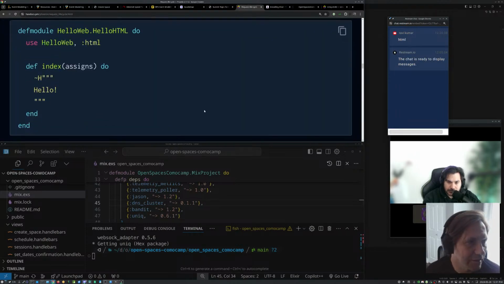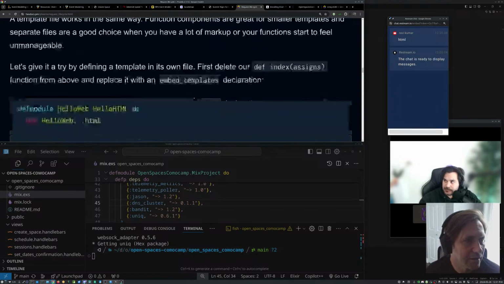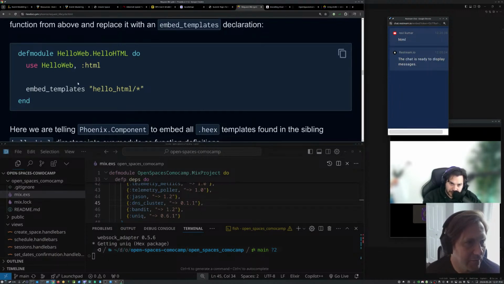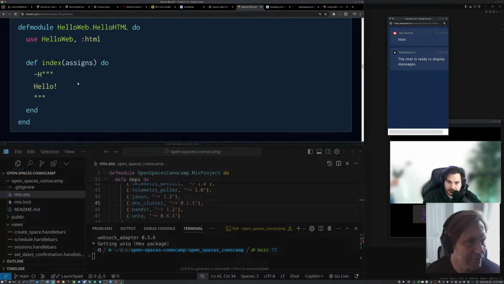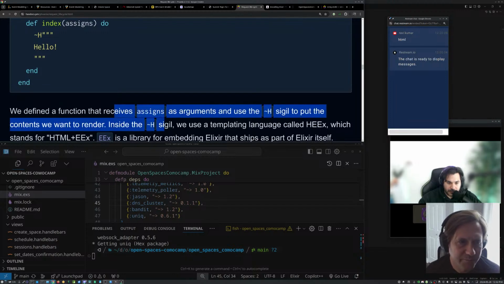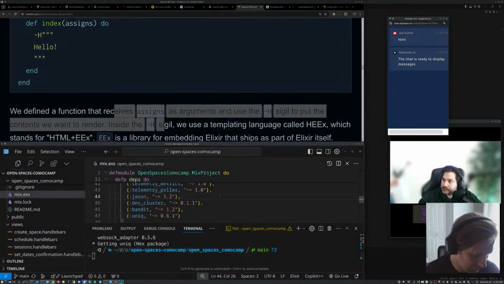This guy. And I need an embed template. Okay, let's read this. So we define the function, which gives us this hello. I'm just going to get rid of this.